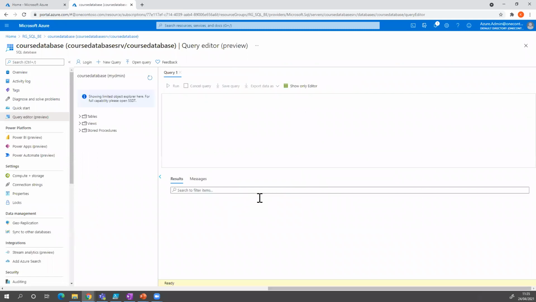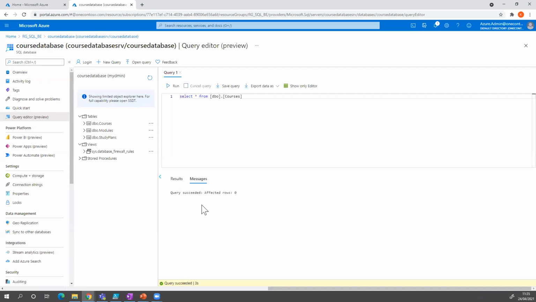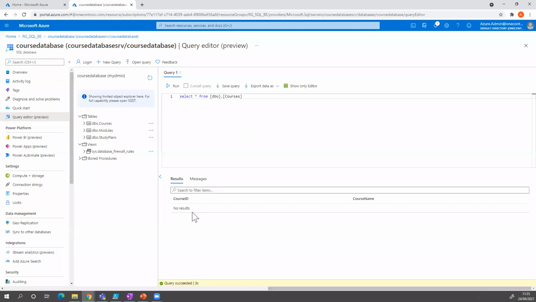Once you have created a SQL database, how do you check your tables, views, and stored procedures? On the left-hand side, you can see all your tables. If you want to see, say, select from the course data, I run it. So right now I don't have any rows. So for example,